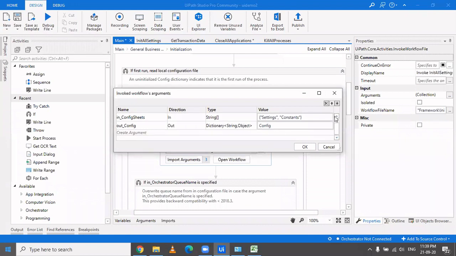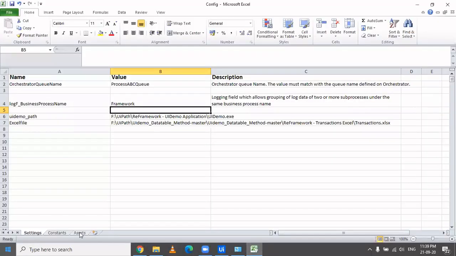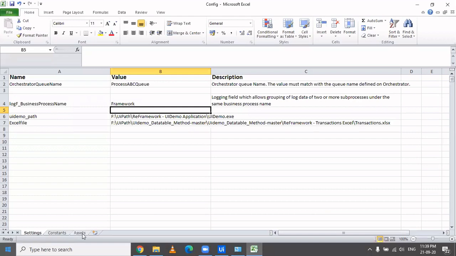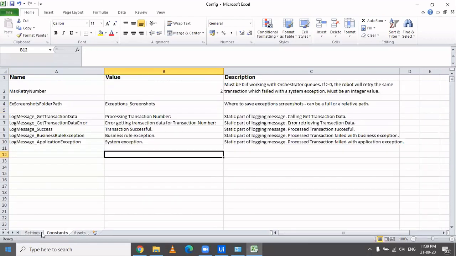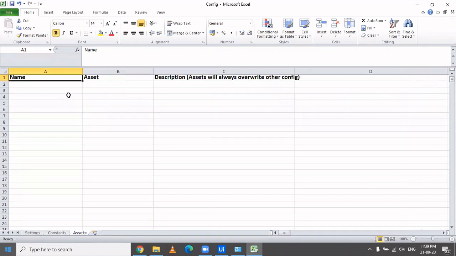What is the need of an asset sheet separately? Can't we have a sheet for queues separately? That's again a standard they have provided, that you name all your assets here. You can provide a description also.